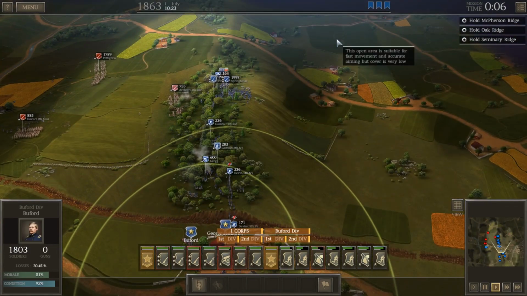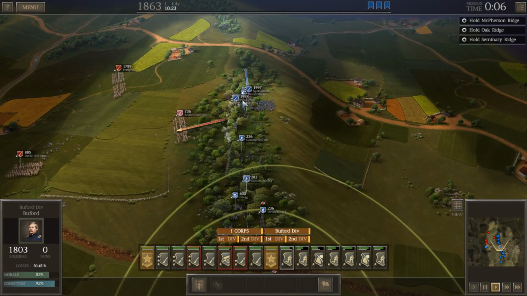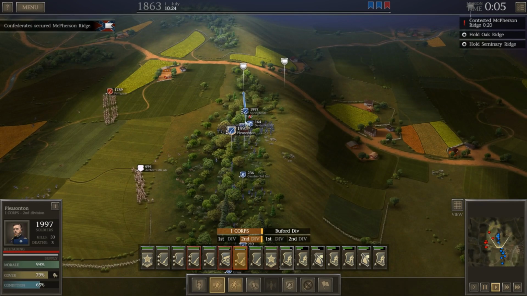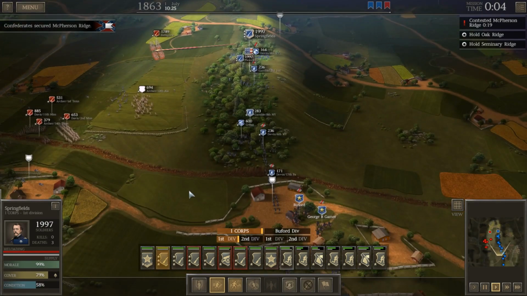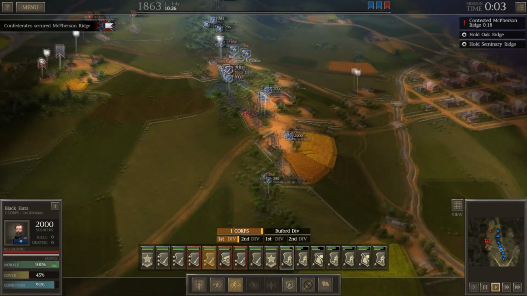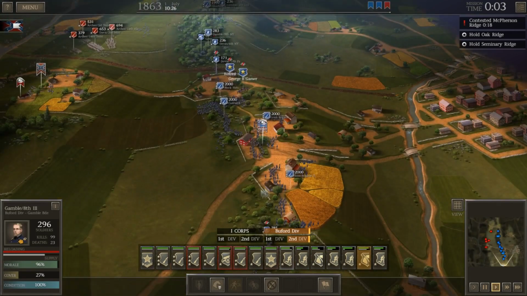Alright. There you go. Pleasanton just fired a good little volley into the rebels there. Springfields are about to get into position, hopefully, shortly. Rebels are trying to swing north. We know, obviously, that Early's troops are going to come north at some point. So...